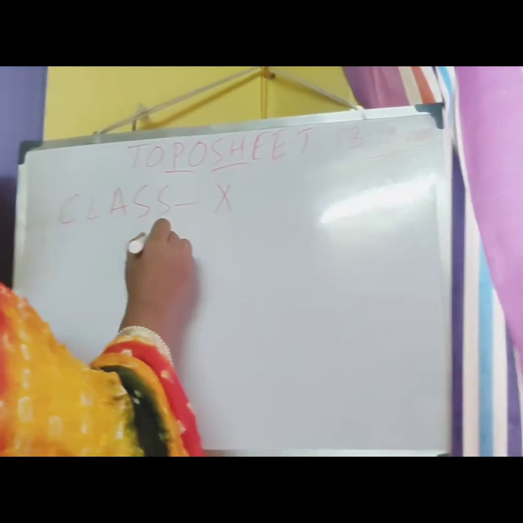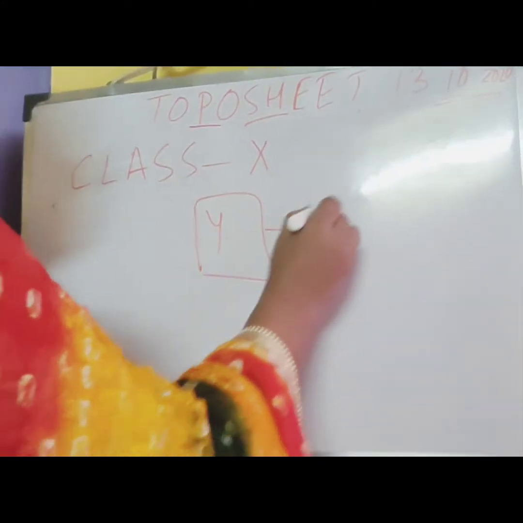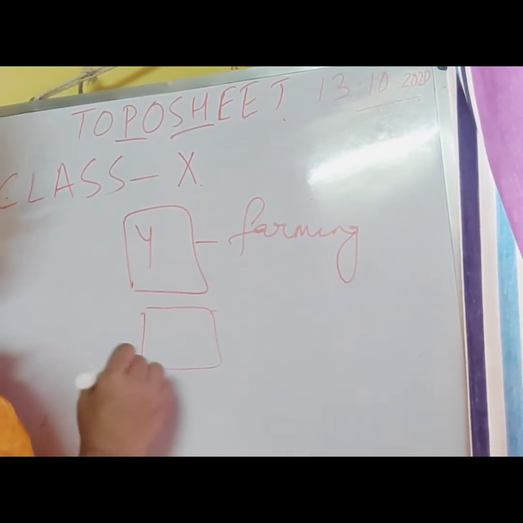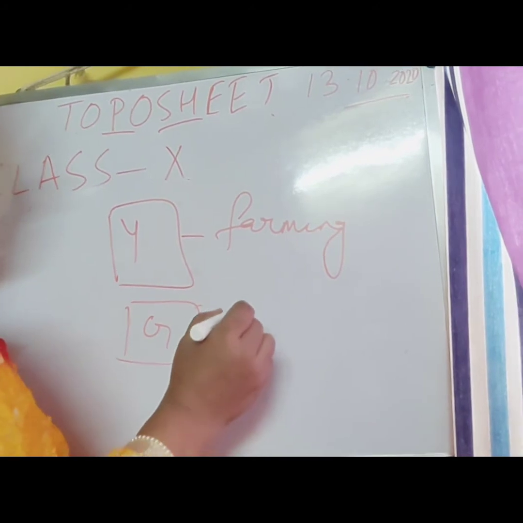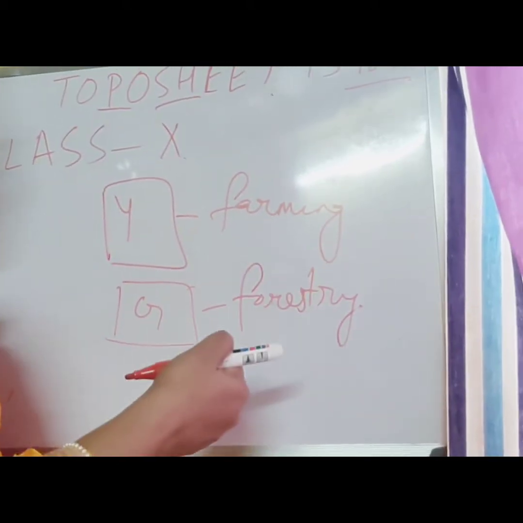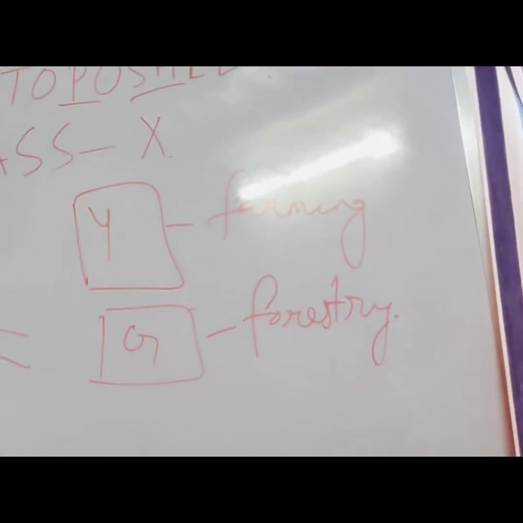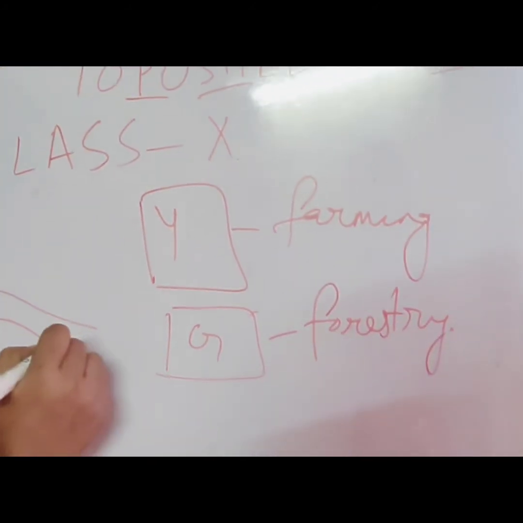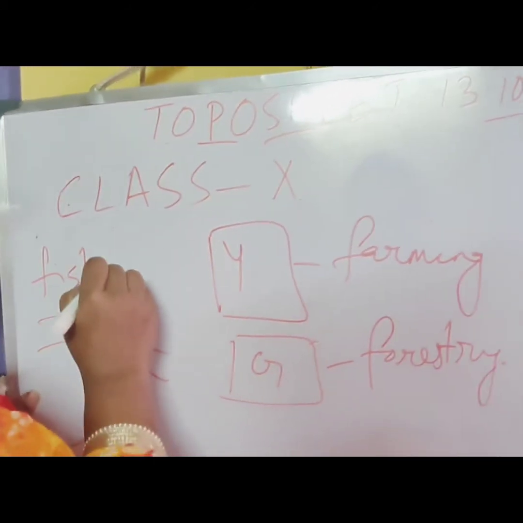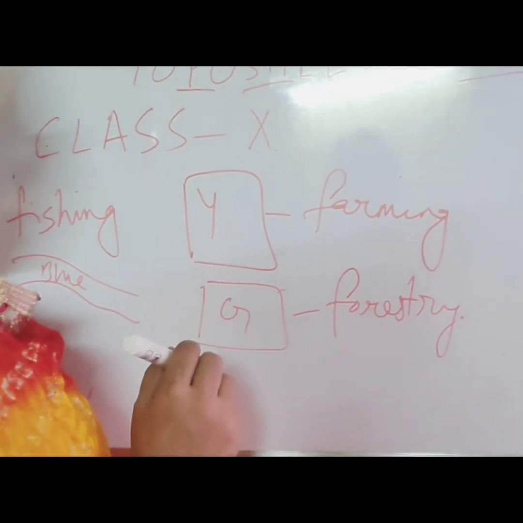Now whenever you see that a grid box is yellow color, then what type of occupation? It is farming. If the grid box is green color, what type of occupation? It is forestry, or you can write that it is the collection of forest products. If there is a river flowing, then what type of occupation can you get? Here the occupation will be fishing. If it is a perennial river, remember it is blue color, then fishing can be the occupation.